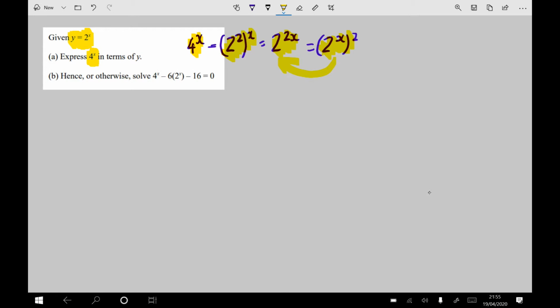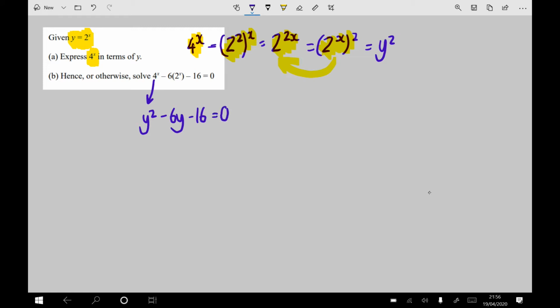If y is equal to 2^x, then (2^x) squared, that's y squared. So we've shown that 4 to the power of x is equal to y squared. So let's now look at the second part. That means I can rewrite that as y squared. Don't forget 2 to the power of x is y, so it's